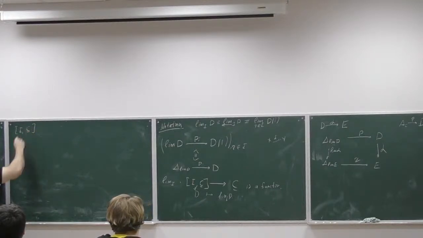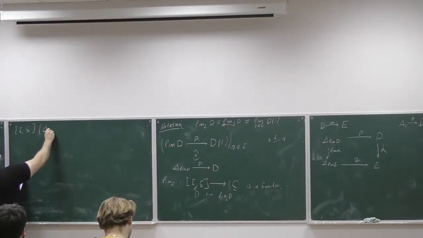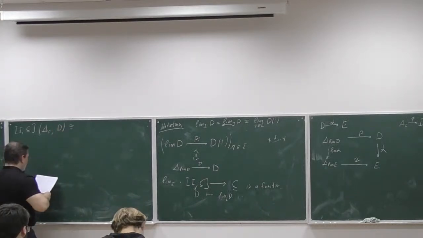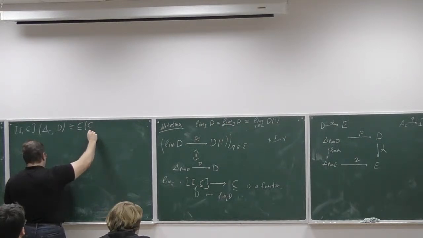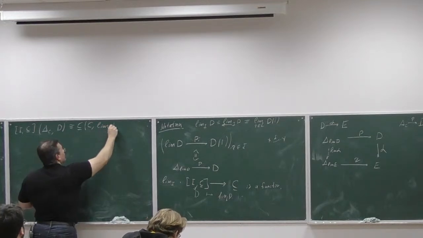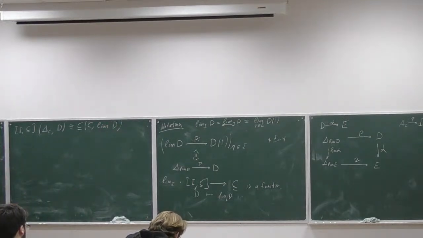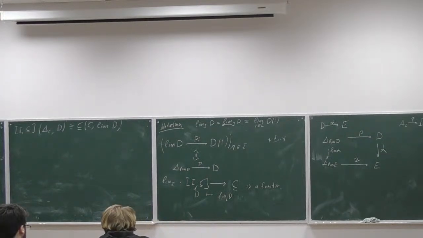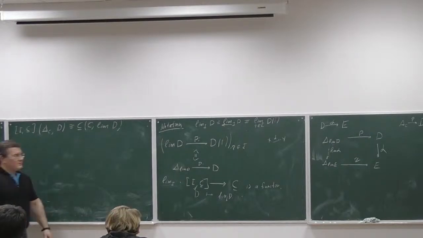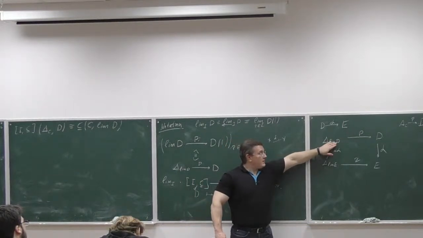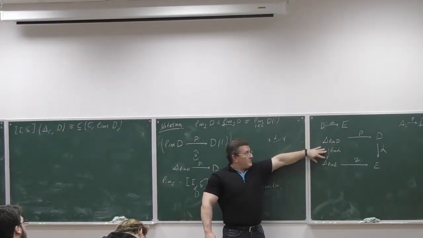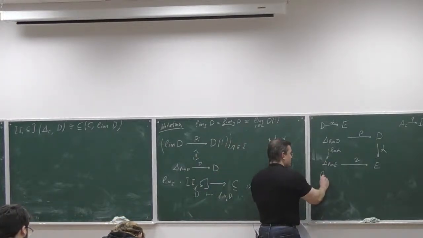Another little thing for you to check, that you have the following natural isomorphism, or natural bijection of sets in this case. Lim alpha, it doesn't make any sense otherwise, because alpha is a natural transformation between two functors. So we define this to be this map here. So this is the limit of a functor, this is the limit of a functor, and there is a map between these two functors. Of course, this means that we also have a map